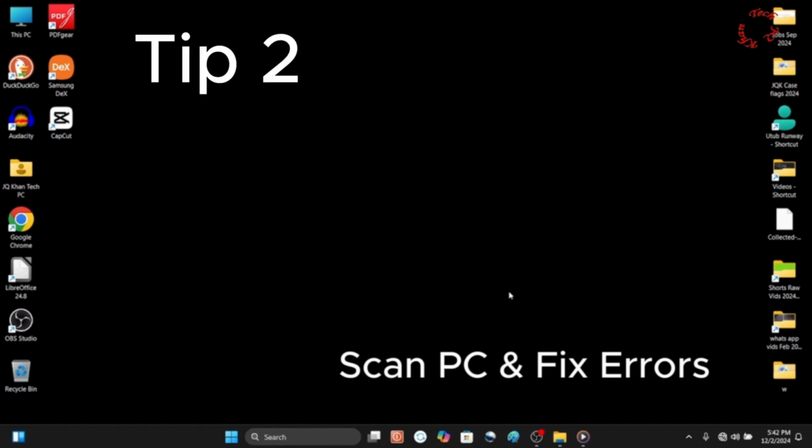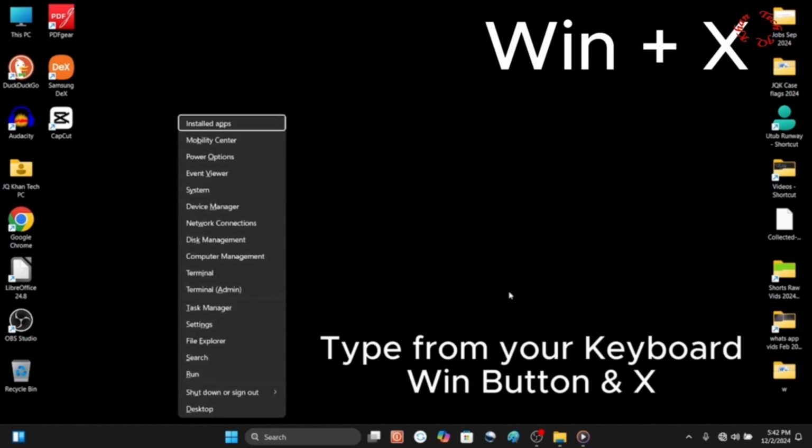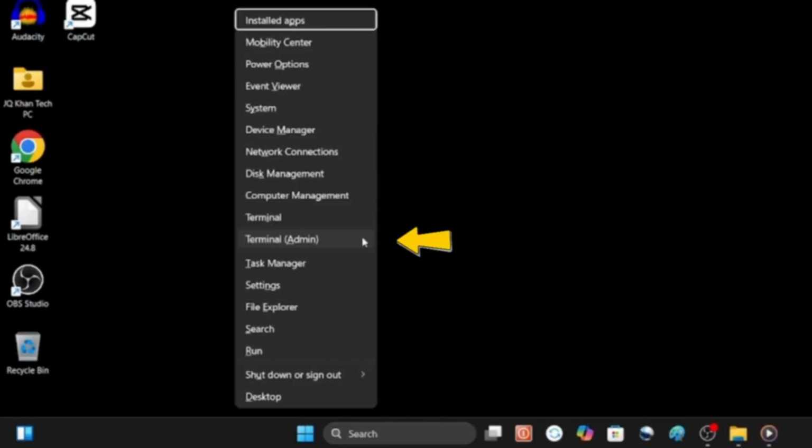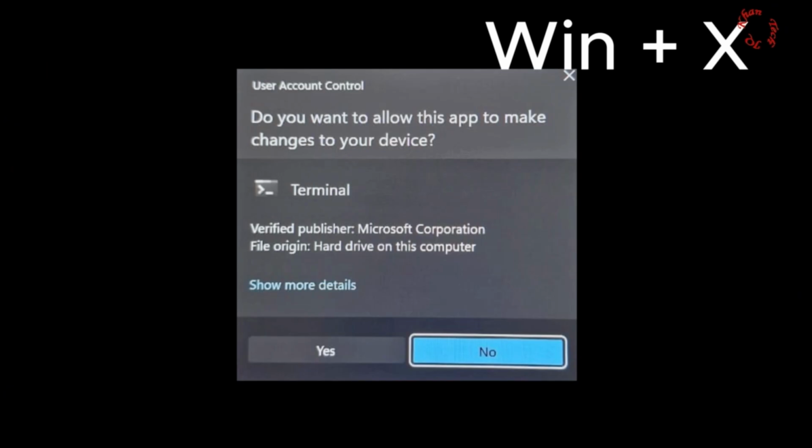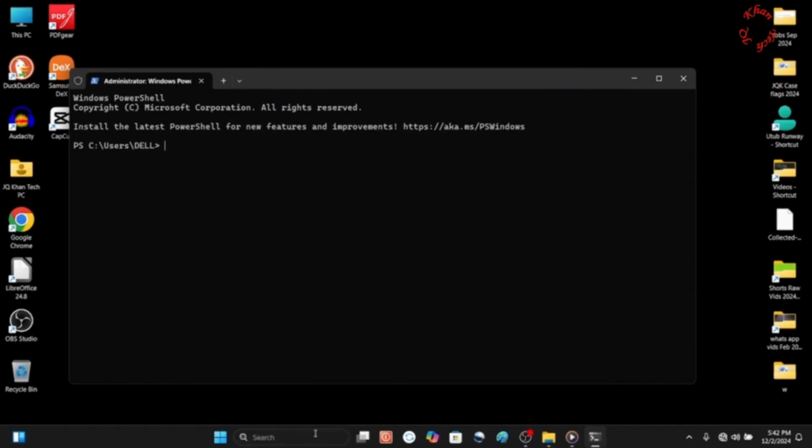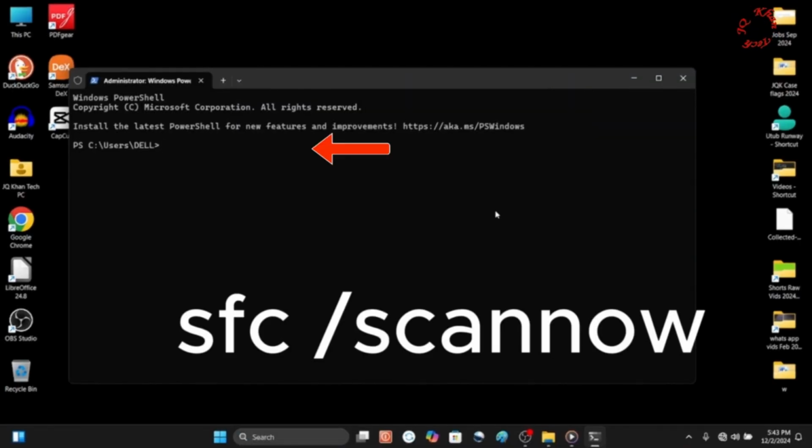Now let's go and scan the PC and fix its errors. Press from your keyboard Windows plus X key and select Terminal Admin. After selecting this, if it appears, click Yes. And this type of interface appears. So simply type